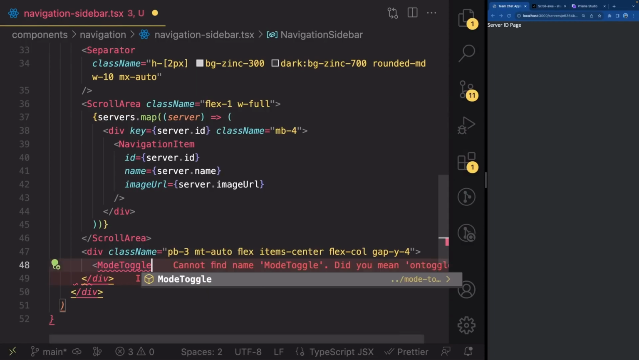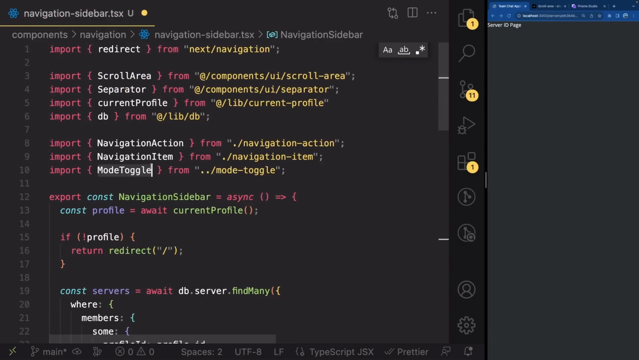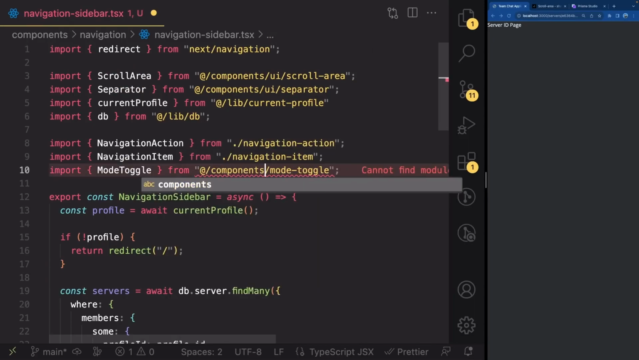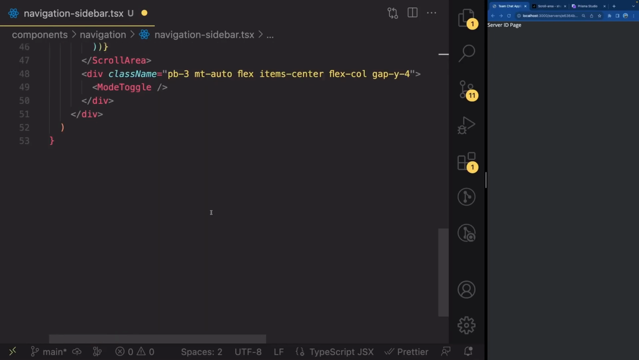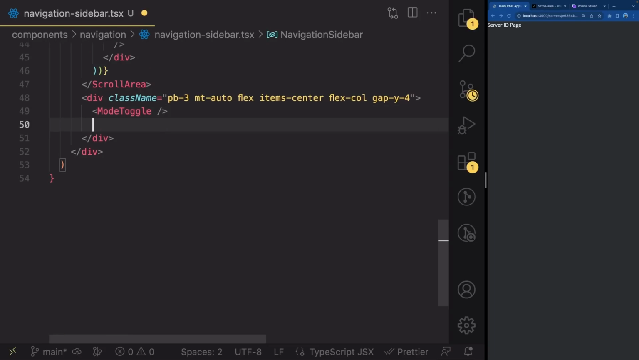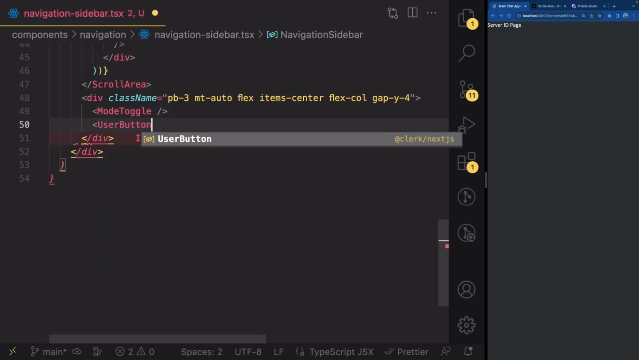We already have that. We invented that when we added dark and light mode. So you can import that from /mode toggle. So let me show you. There we go, /mode toggle. I'm going to change it to /components mode toggle, and I'm going to move it along with my other components. Great, so we have the mode toggle, and below that add the user button from